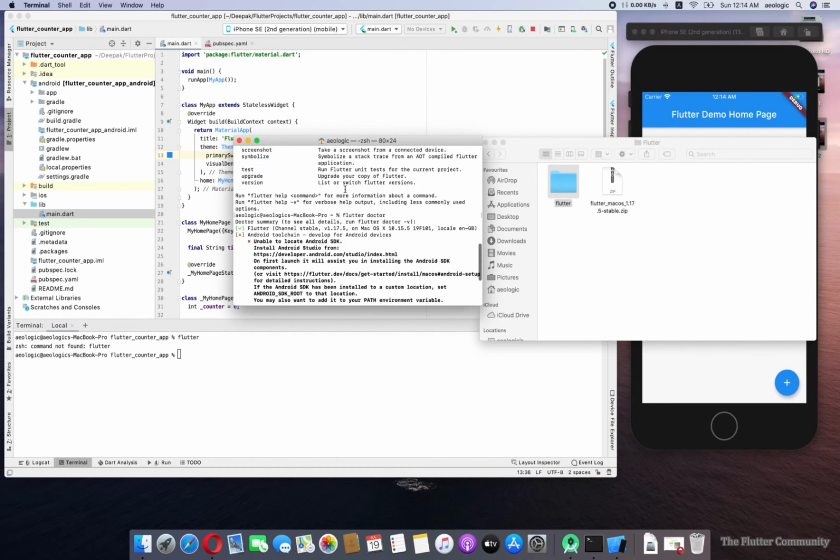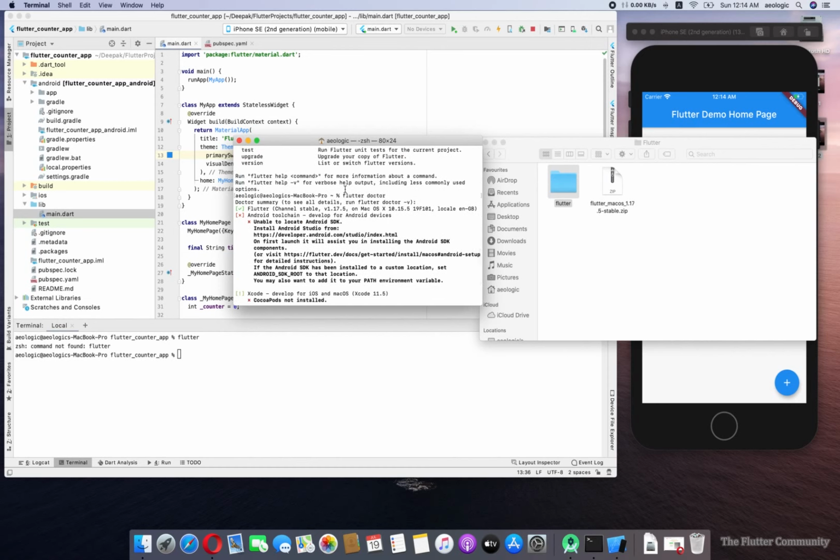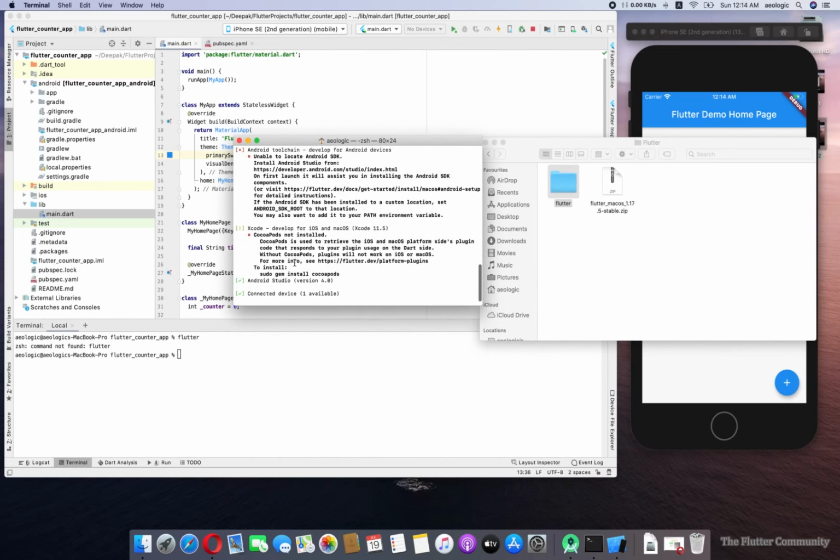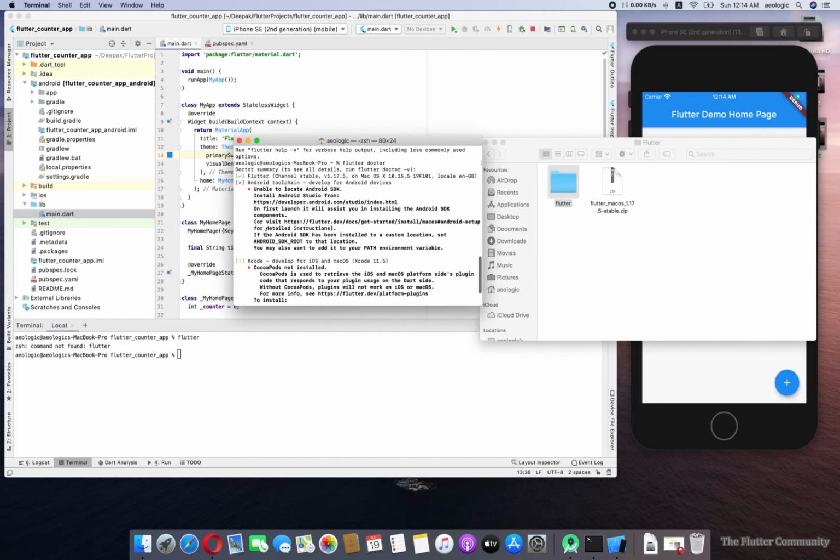Yeah, it's giving fine, but we are running this for the first time, so we have to accept the Android licenses and install the packages as it's showing in the log. For fixing this, we have to set the Android SDK root path. Okay, I'm going to set this one also.